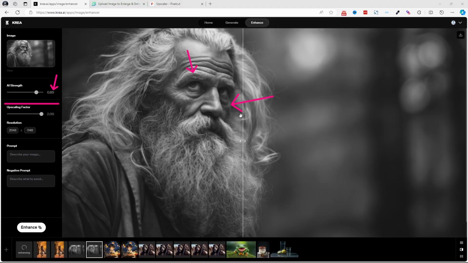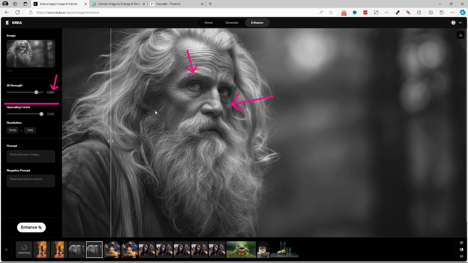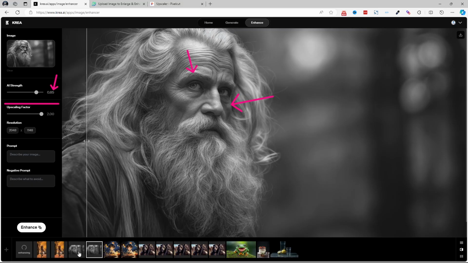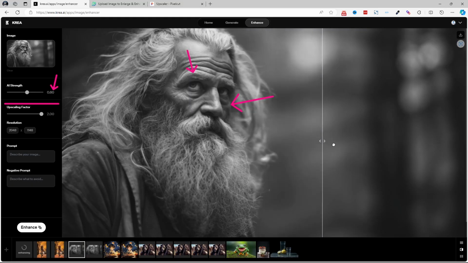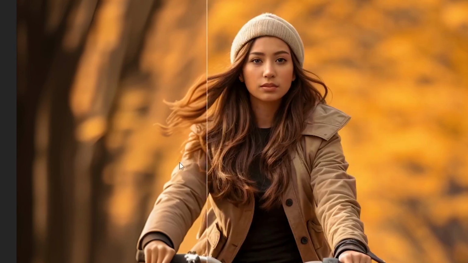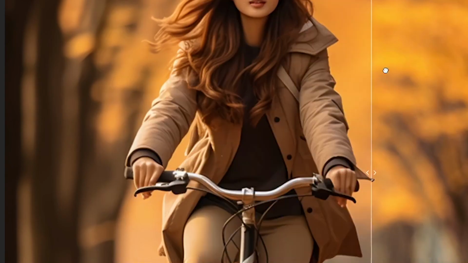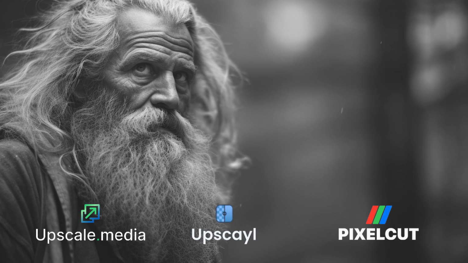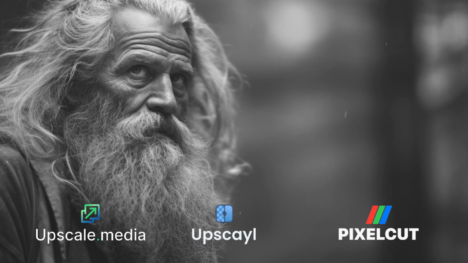One of the downsides of Krea.ai is that if we increase AI strength, this tool completely changes the image and even adds extra hair in unnecessary places like this old man's coat. And each time we change the setting, we get a different image. For this color AI generated image, this tool adds high details to the hat and to the clothes, but this tool completely changed the face and removes some of the clothes of the girl, as you see. So let's resize this old man portrait in the other three tools, and let's compare these images together.